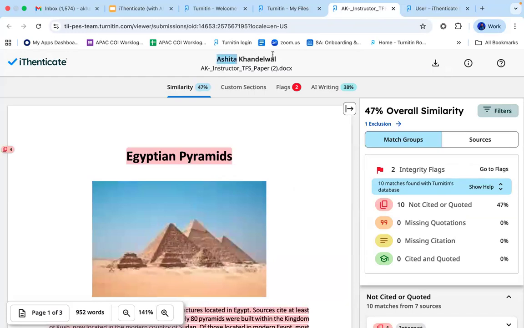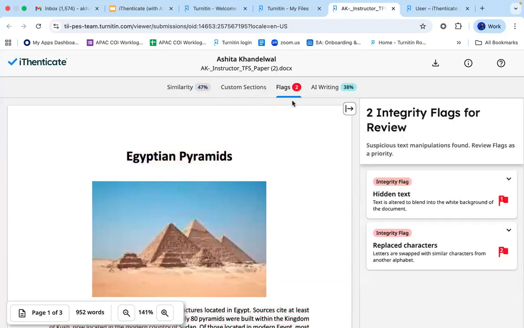You can see the name of the author as well, the topic of the author. There are four sections over here that you will be using in order to analyze this particular paper. Now, this particular report that you see has four sections, as I said. You should always be starting from checking flags in this paper. Flags basically will show to you any kind of suspicious text manipulations that are found in this particular paper.